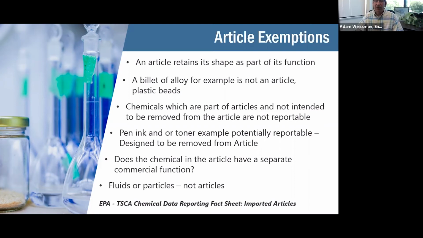However, if I import the same brake fluid in a 55-gallon drum, and obviously that's a container, it is not in an article, and that is not exempt. So that was sort of interesting. The same material would not be exempt. They gave an additional example of high-density polyethylene scraps and pieces being melted, not an article, but maybe that's a trick one, because it's a polymer, it's exempt from CDR reporting.